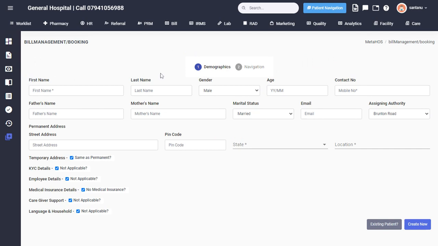This is the registration form for first time registering a patient. First name, last name, gender, age and contact number are mandatory fields. However, father's name, mother's name, marital status, email ID and assigning authority are optional. Let's start filling this form.